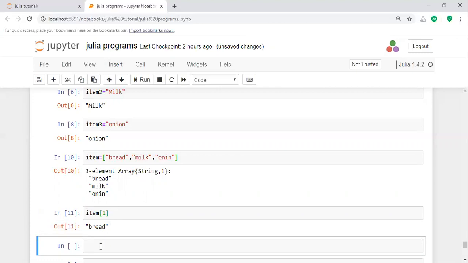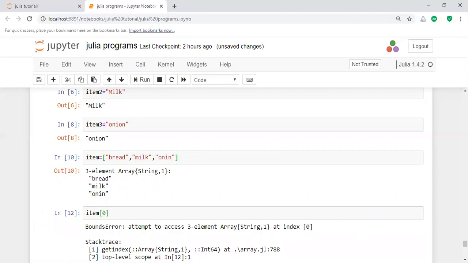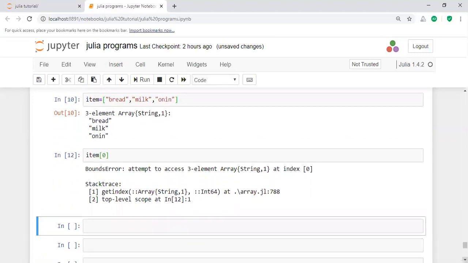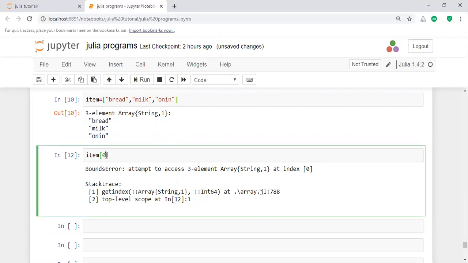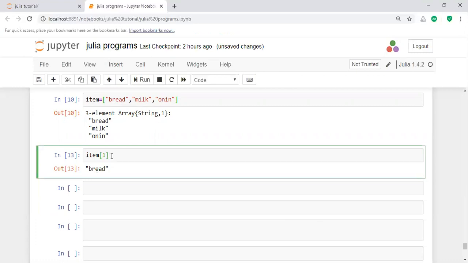If you take item of 0, it gives an error, because of an attempt to access the three-element array at index 0, and a stack trace is displayed. Access starts from 1: item of 1 is the first element, item of 2 is the second element.